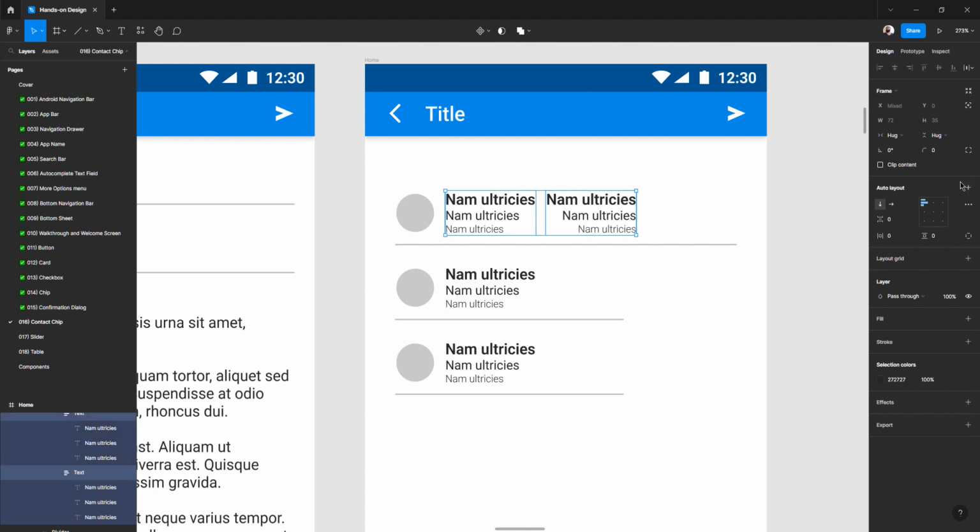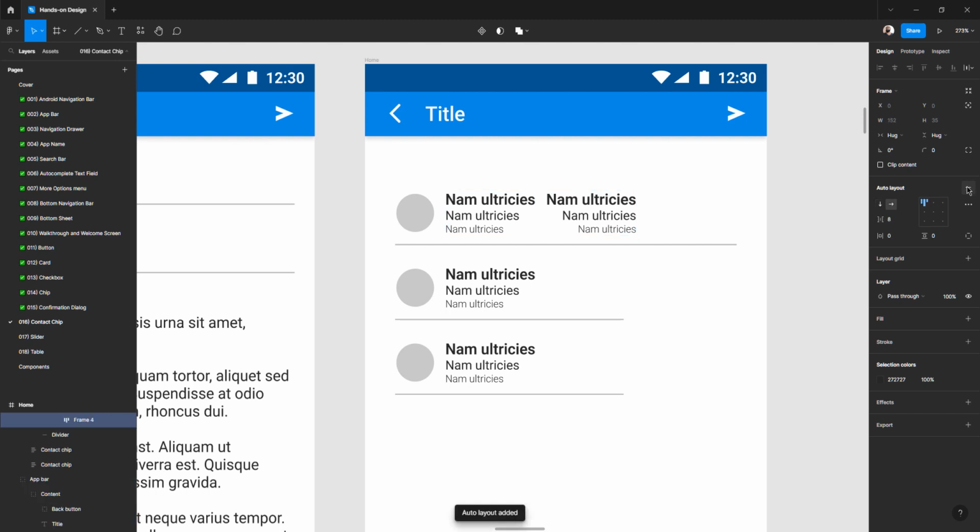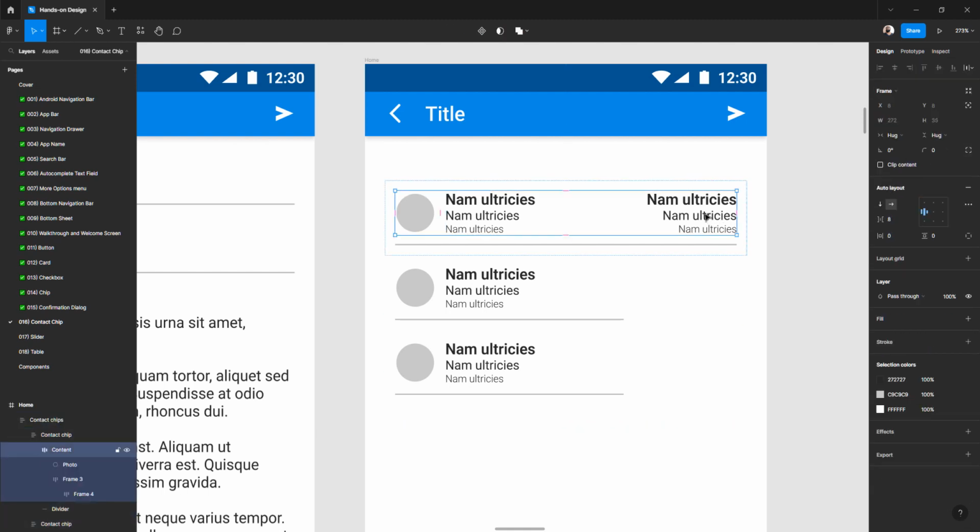I will apply auto layout again, and I can have this control. Let's see, I can align this way because I have the control. I group the two of them, and they are an auto layout. They can have margin, they can have space between them. Cool. I'm gonna name it as text,